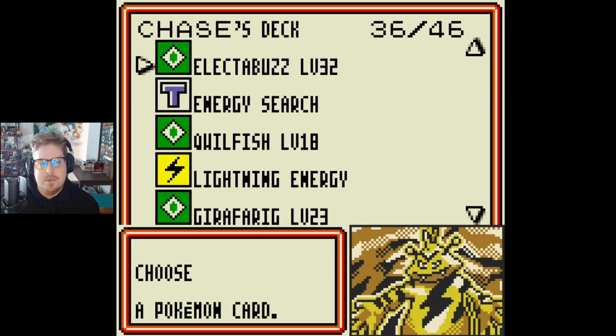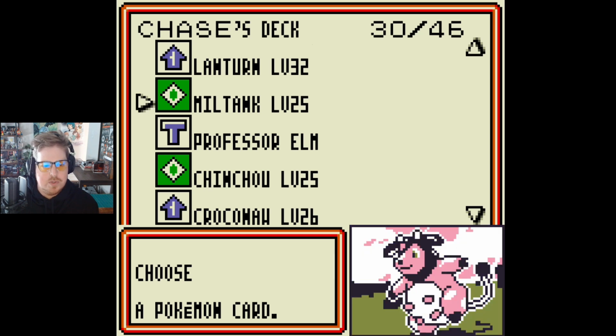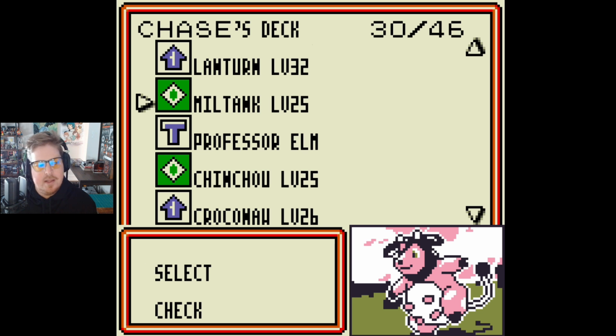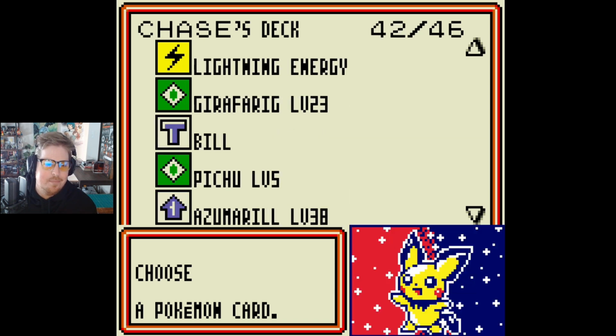I think we take the Miltank just because it uses colorless. We don't know that we can get a lightning energy. But if you don't get an energy, because now we're going to shuffle our deck... Ah, God, you know what? That's a good point. Because we're about to shuffle our deck, we don't know what our top card is. And if it's not an energy, Miltank is in trouble. Pichu...